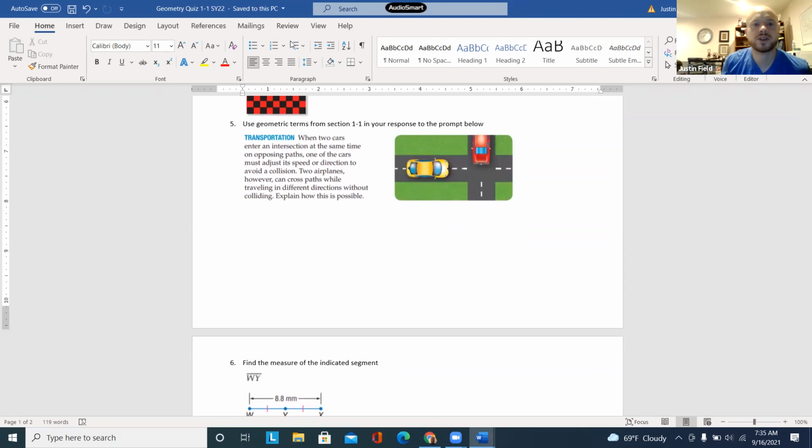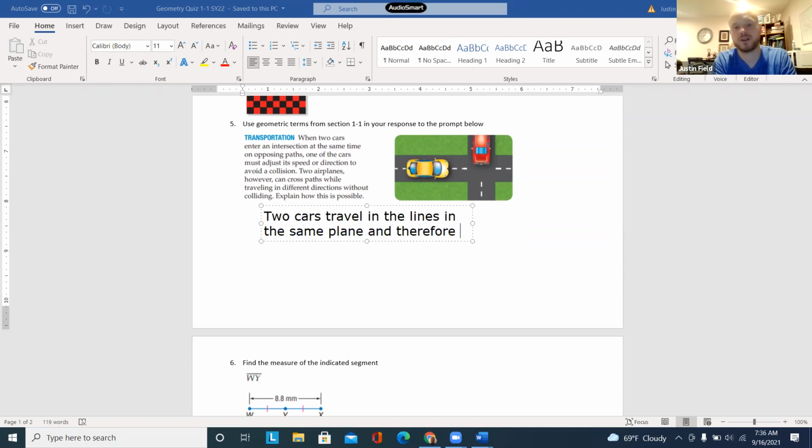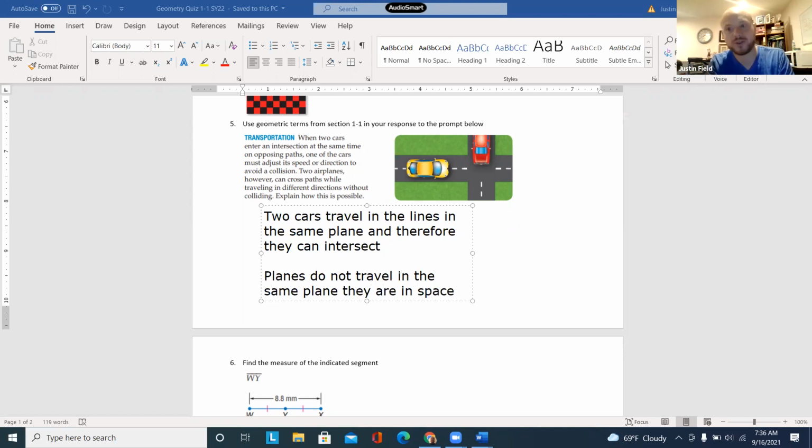5. So this is a cool question, and I accepted lots of answers because I think it's a little vague, but the right answer, right? 2 cars travel in lines in the same plane, and therefore they can intersect. Planes do not travel in the same plane. All right, they are in space, not outer space, but in geometric space, and